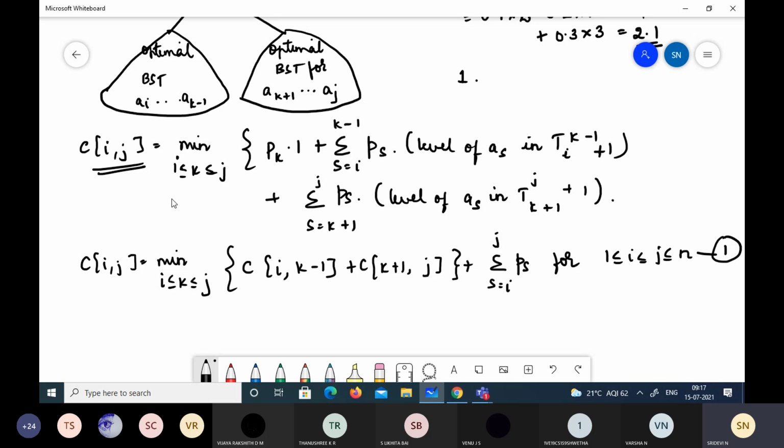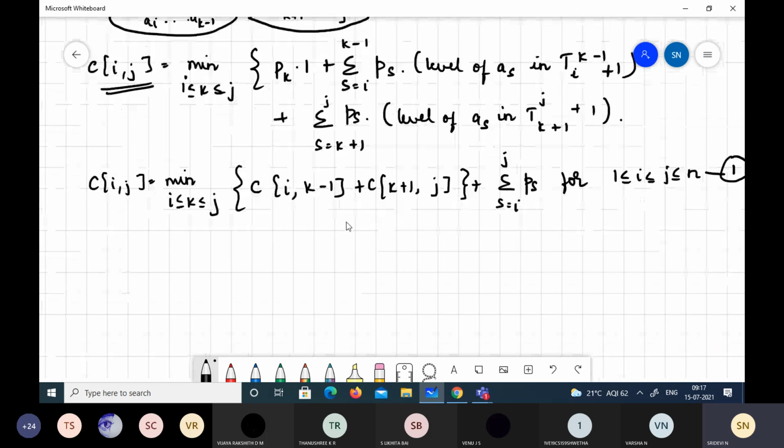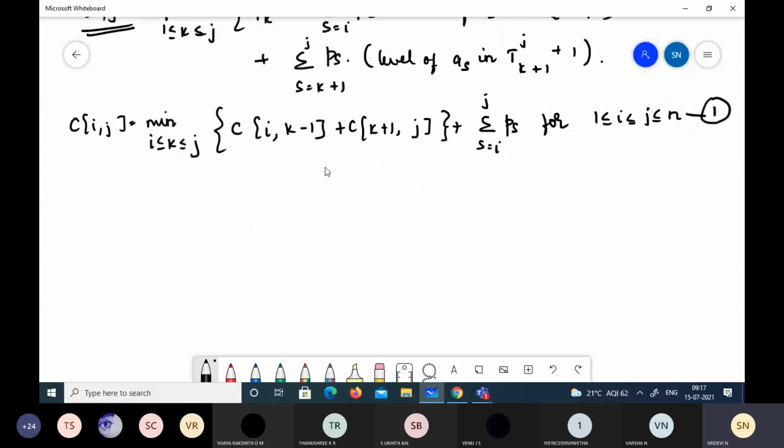Here we'll have 2 tables. The table is filled with zeros on the main diagonal and the given probabilities, and we move towards the upper right corner to get the optimal binary search tree.